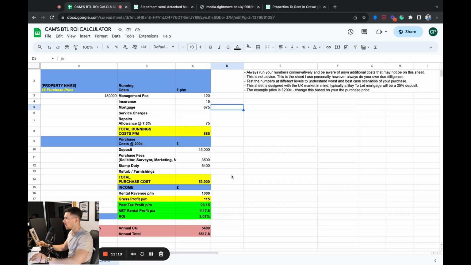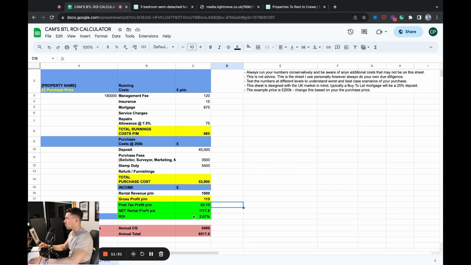So let's have a little look at the numbers. What does this tell us? Essentially we have the rental revenue at 1,000. We have our total costs at 885 per month, which gives us a gross profit per month of £115. And that gives us a post-tax profit, which I've worked out based on having your properties inside of a limited company where you're going to get charged 19% corporation tax. It gives us a post-tax profit of